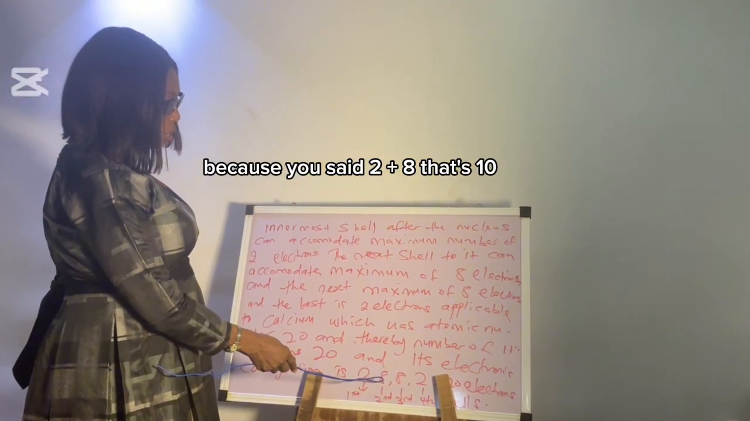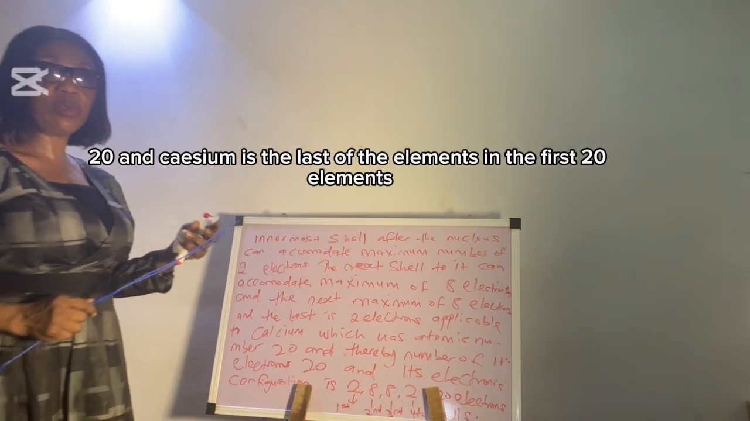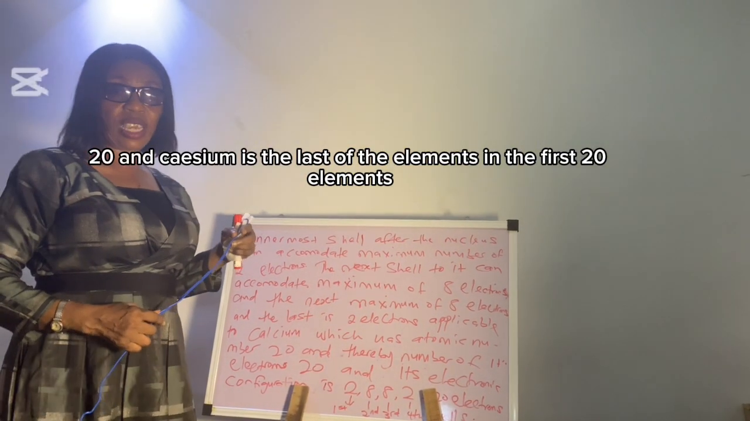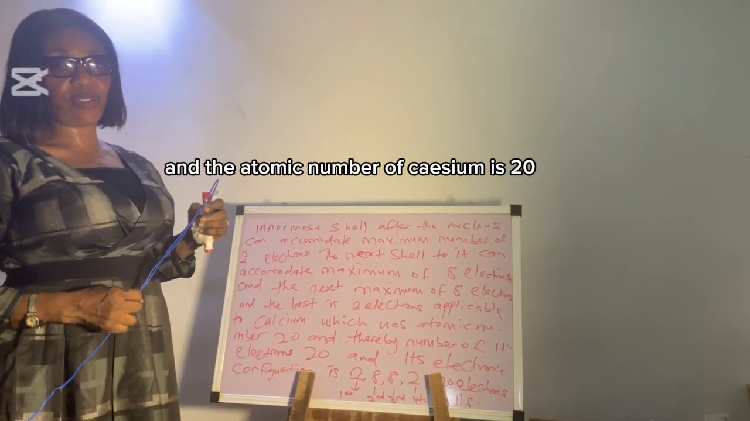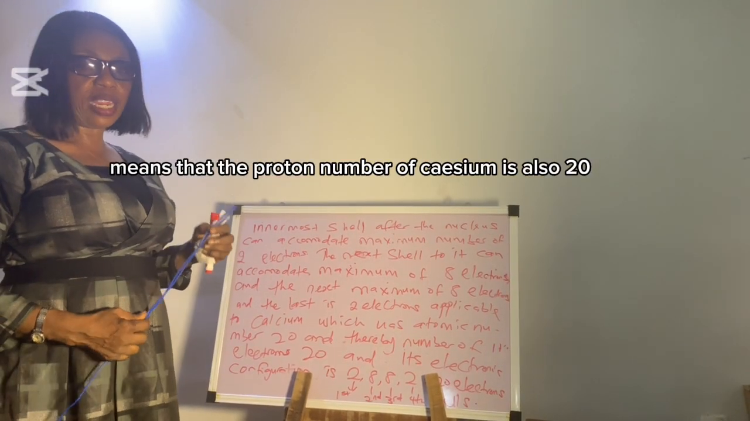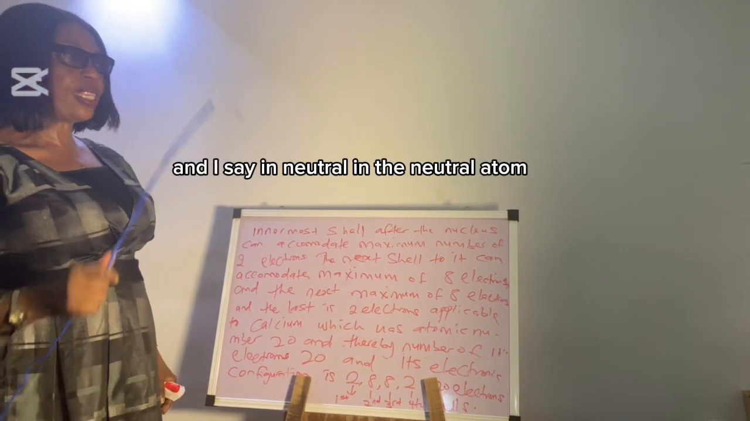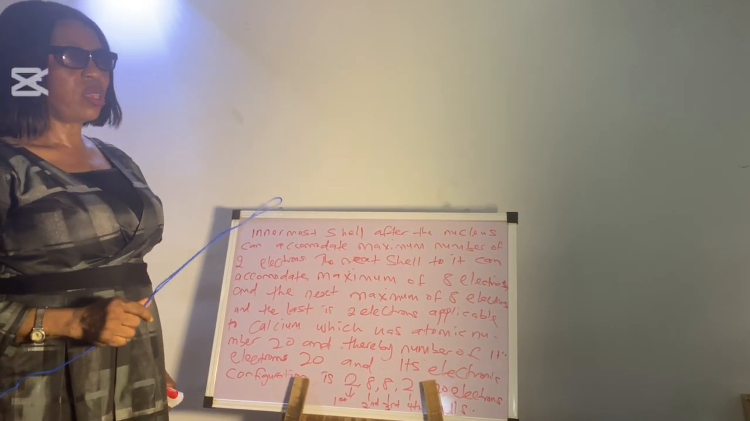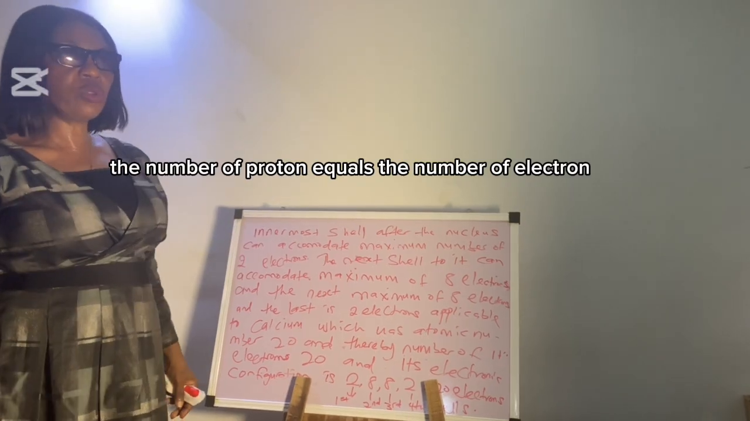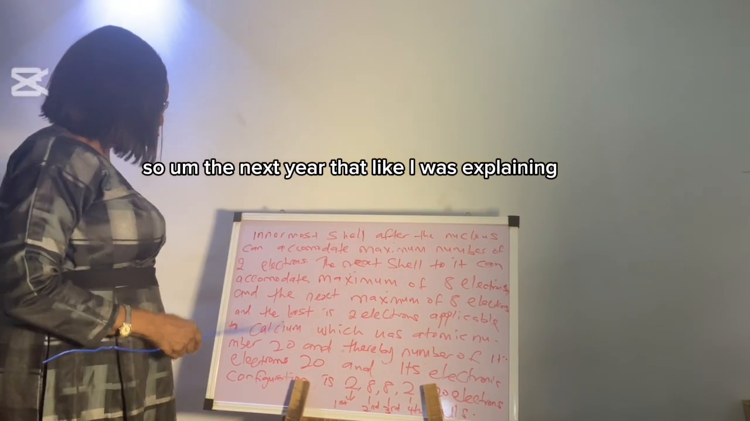Now, what we are looking at now is the electronic configuration of calcium, because we say 2 plus 8, that's 10, 10 plus 8, 18, 18 plus 2, 20, and calcium is the last of the elements in the first 20 elements, and the atomic number of calcium is 20, meaning that the proton number of calcium is also 20. And I say in a neutral atom, the number of protons equals the number of electrons. So